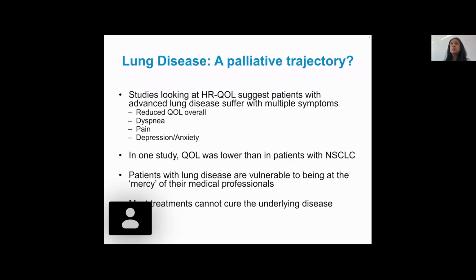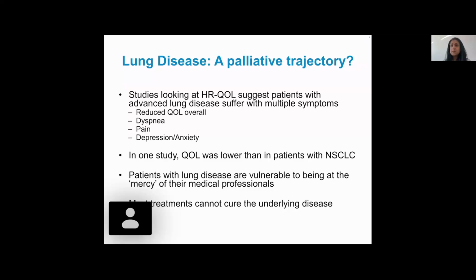And if we view lung cancer or malignant diseases as amongst the hardest for patients to get through, we find that quality of life in many qualitative studies was even lower than patients that had non-small cell lung cancer. So recognizing that, and not everyone will feel that way, but even if it's a subset that feels that way,